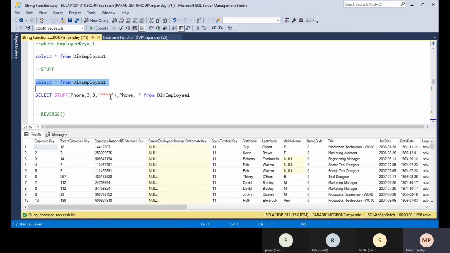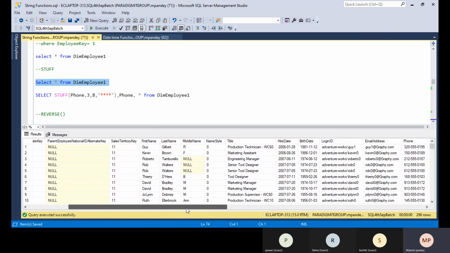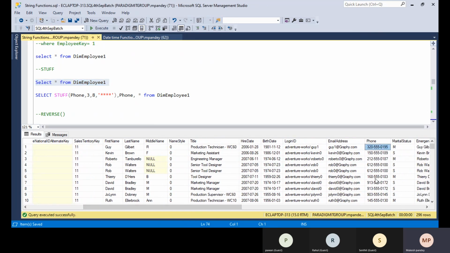Okay, so for this type of requirement, for example, I have this phone number. I don't want the phone number to be available to any of the developers, as this is very confidential information. So if you want to hide the text, the STUFF function is basically used to give the location from which you want to hide.